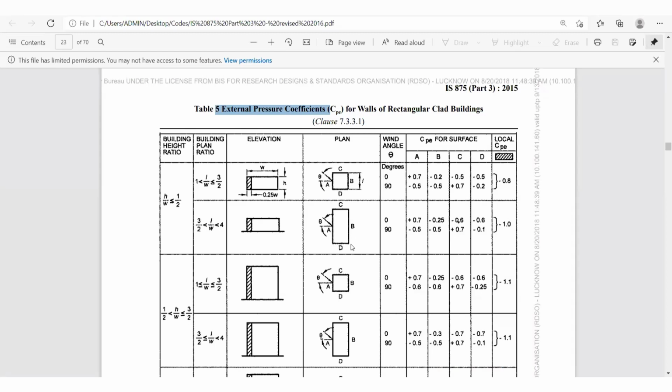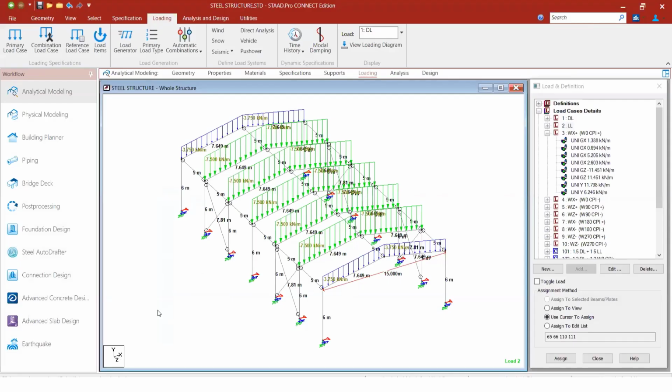This is our building, this is the shape of the building, and we have to consider the faces as A, B, C and D. Okay, this is the positive X direction. This is the negative X direction. This is the positive Z direction. This is the negative Z direction. Got it? If you take it in StaadPro, I am just opening the StaadPro file. If you see, this is the positive X direction, right? The opposite direction is the negative X direction. And this is the positive Z direction, and this is the negative Z direction. This 3-dimensional arrow is what you have to use for application of loads in StaadPro also.